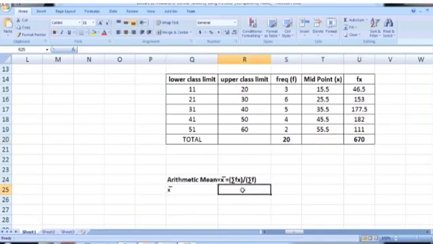We calculate it as U20 divided by S20, and we get the arithmetic mean for this grouped data, which is 33.5. This is how we can use MS Excel to calculate the arithmetic mean for grouped data as well as for ungrouped data.